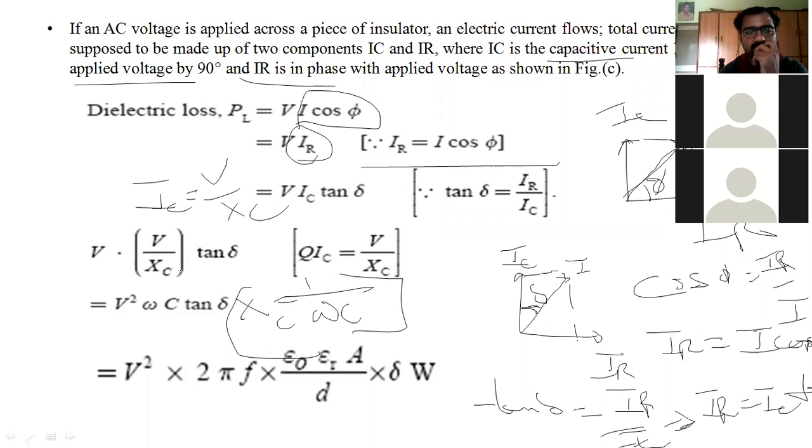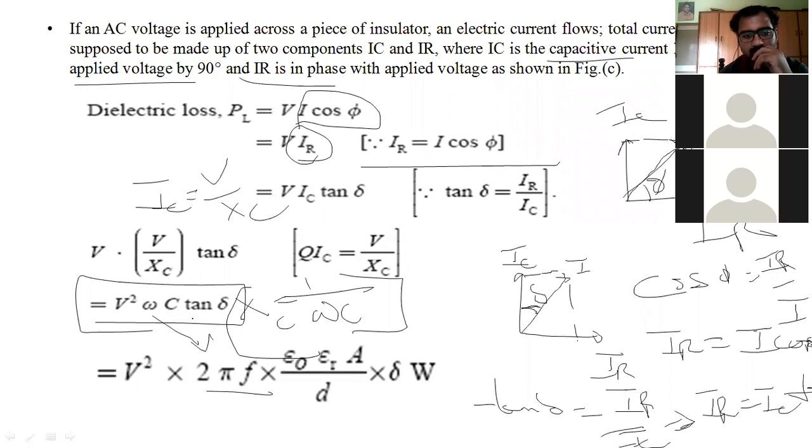So when we place this XC value, the reactance of your capacitor, 1 by omega C, the final thing is going to be V square. The XC value is 1 by omega C, so it goes from the denominator to the numerator. So omega C into tan delta, where omega is nothing but 2 pi f, which was in radians. We are going to convert into hertz. That is, omega is nothing but 2 pi f.